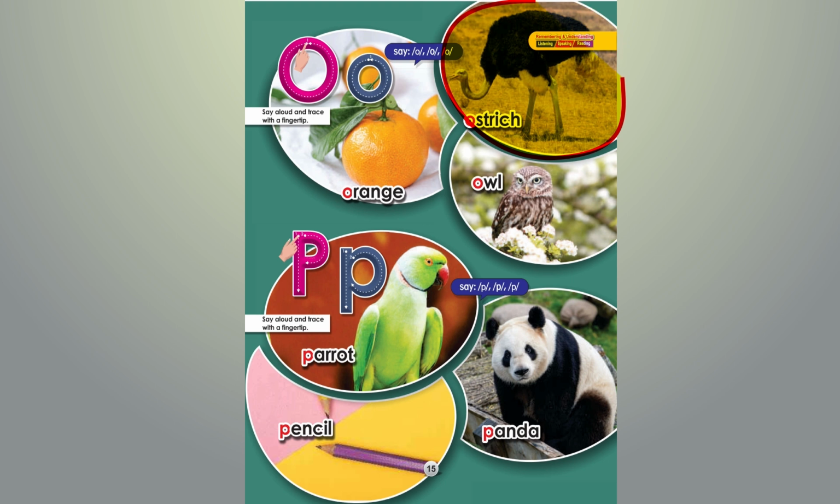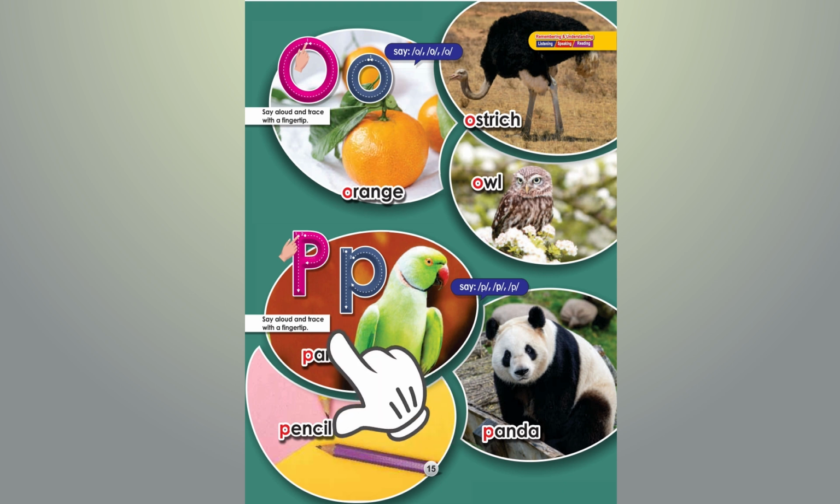Very nice. So dear students, do you know how to write it? Start from the dot and stop at the arrowhead. Start tracing with me. Very nice. Now let us trace small alphabet O. Start from the dot and stop at the arrowhead. Very nice. Now dear students, as we are done with the alphabet O, now move towards the next alphabet, which